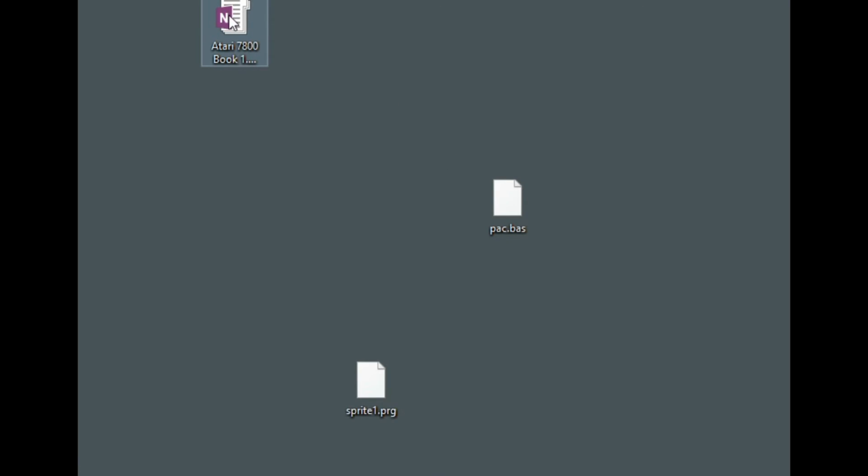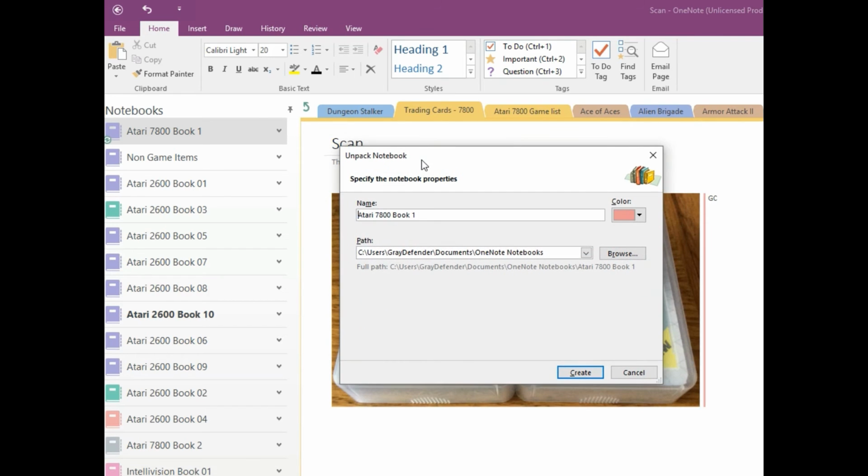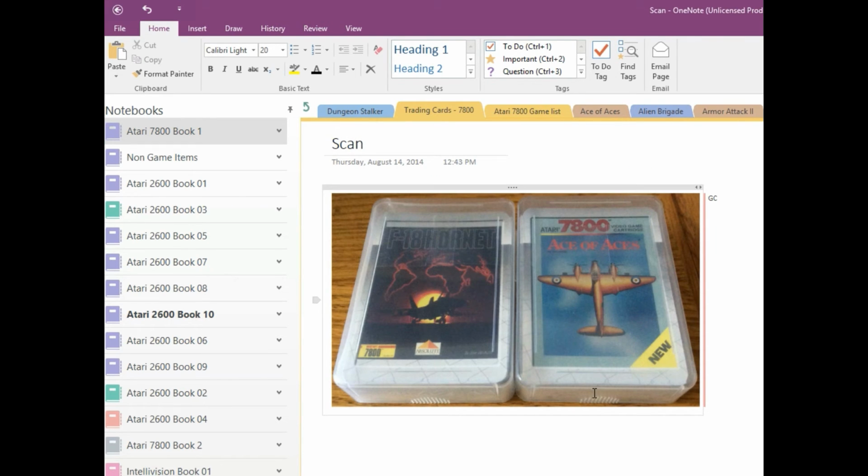And if you ever need to recover it, you just double click it, and OneNote automatically pops it up and asks you where you would like to store it. So this is a method of backing up your notebooks that I use and that I highly recommend, for that peace of mind that you're going to require once in a while, just so you know you have it backed up somewhere, rather than just in one location on the cloud on someone else's servers that you don't have any control over.